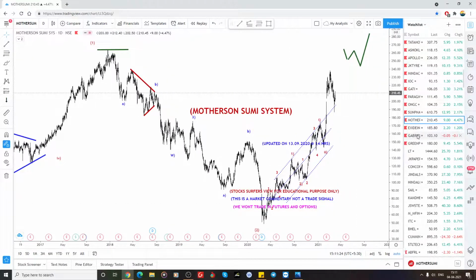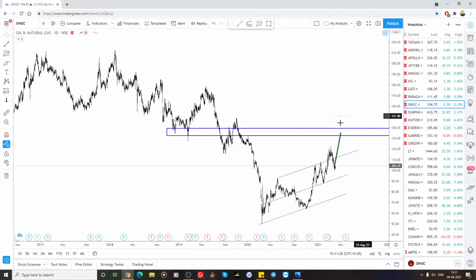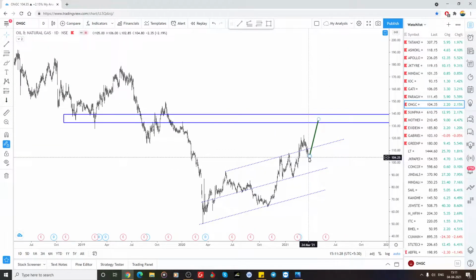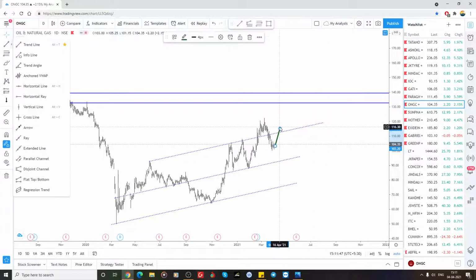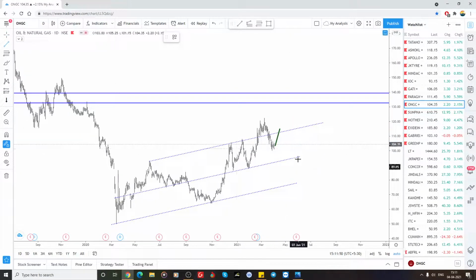And one thing I'm looking for is YNGC. So YNGC also I'm looking for the target of 137 zone. This is not according to that wave count, just price action. So 1 2 3, 1 2 3. So here a 1 2 3 is completed. So sometimes if it is an irregular flat or flat correction, I'm expecting this has to happen. After that it can shoot like this.